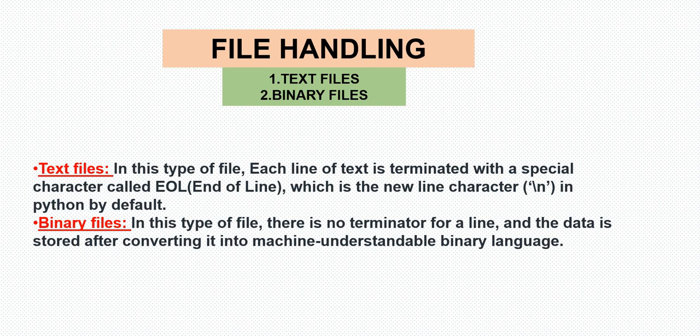So class, here we have binary files. In binary files we have no terminator for a line, we have no end line, no \n, and data is stored after converting it into machine understandable binary language, or in simple words I can explain this, that it is just like a binary file, information in the same format in which the information is held in the memory. So I will be showing you both types of files. Before that,